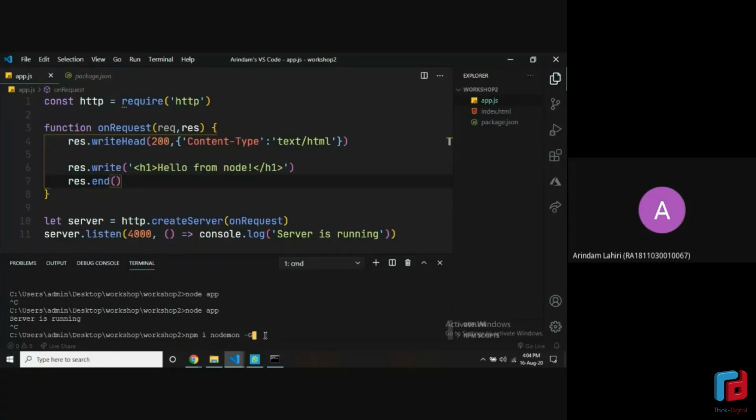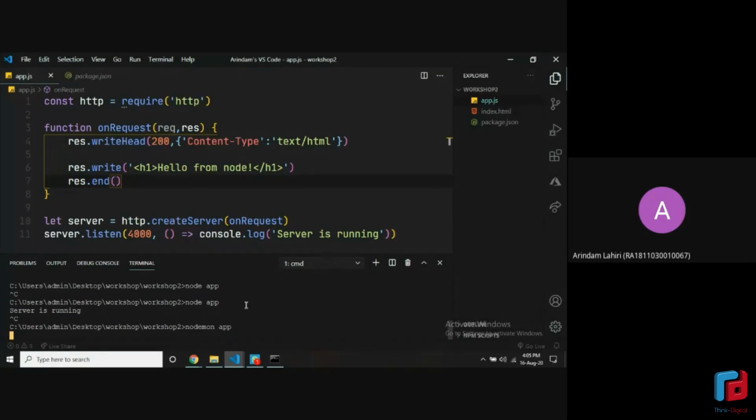Why we're installing it globally is because it's a very needed package during your development. So it's better to just install it on your system and you can use it in every folder. You will get this command in your chat box. You can just copy paste it and run it. I won't be running it here because I already have nodemon installed. So you just install it. And after you're done installing it, you can run the file. Instead of writing node app, you can write nodemon app. I'll show you in just a second how it is different.